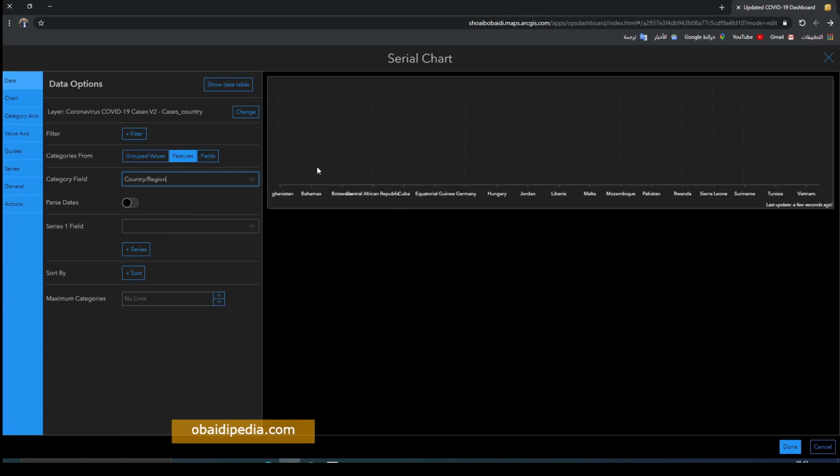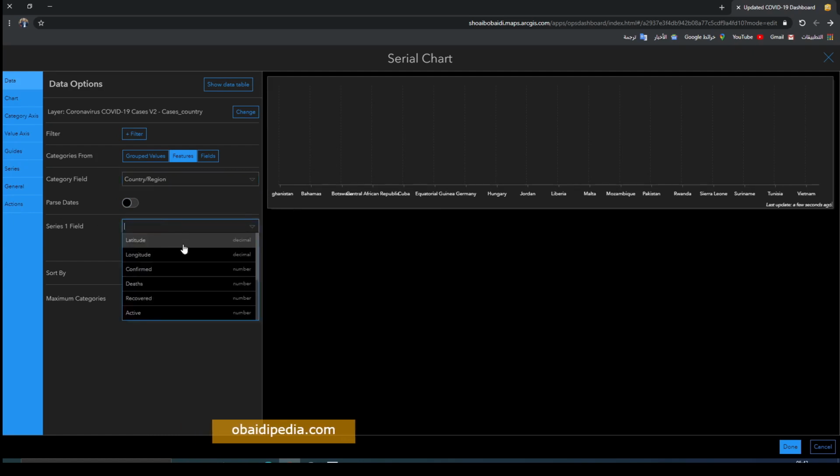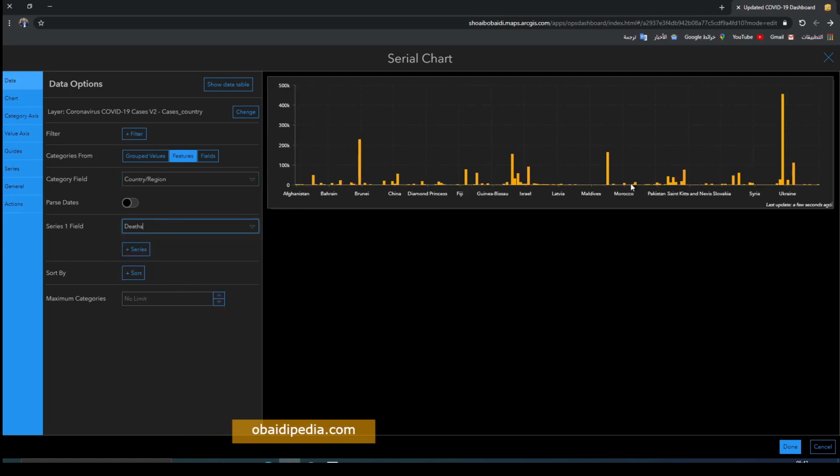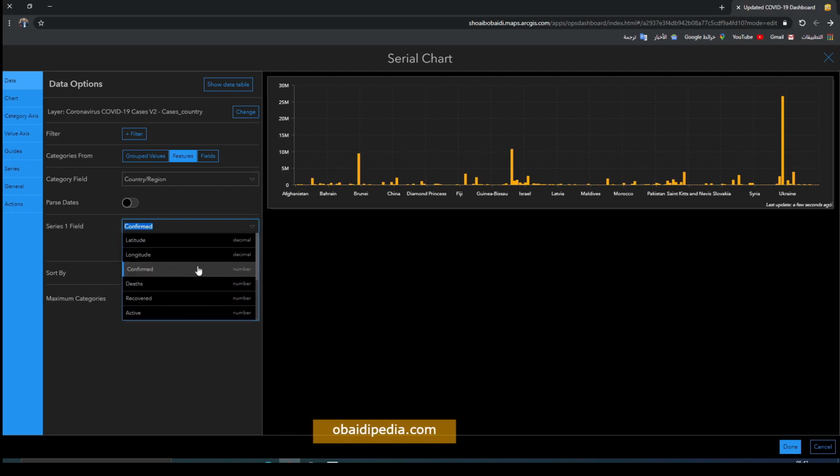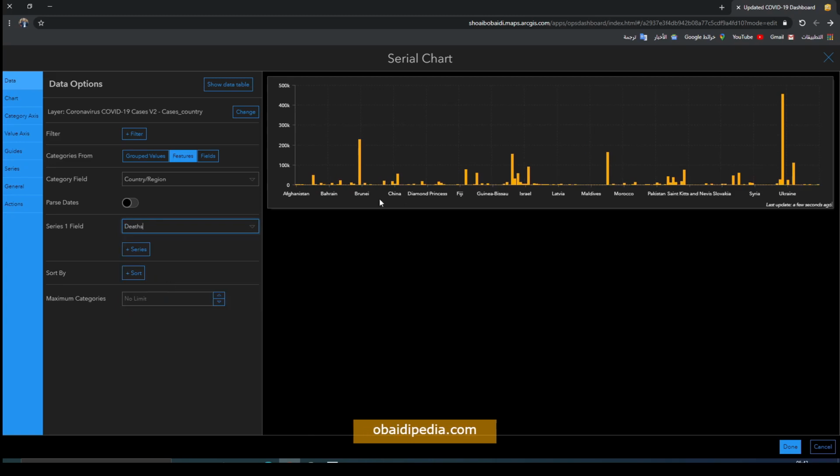And what information of the countries do you want to display? I want to display, for example, the dead cases. So these are the dead cases for the countries. If you want to display the confirmed cases, you can choose different fields, any field that you want. So for our case, let's choose the dead cases. So as you see,